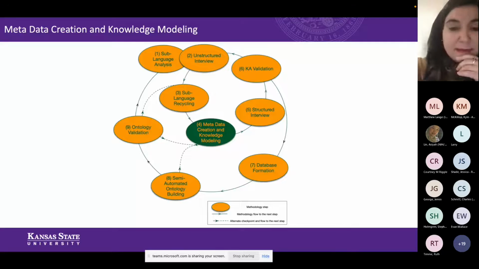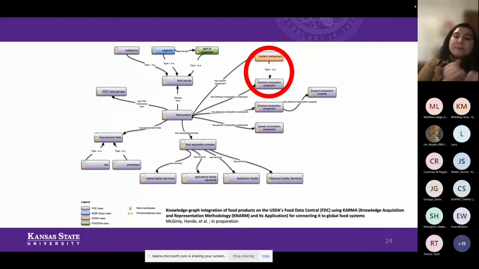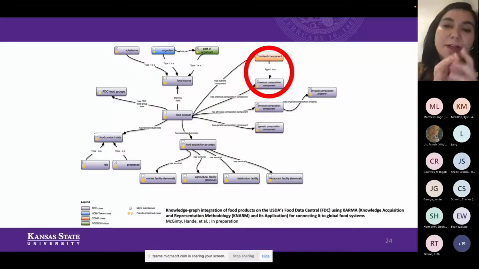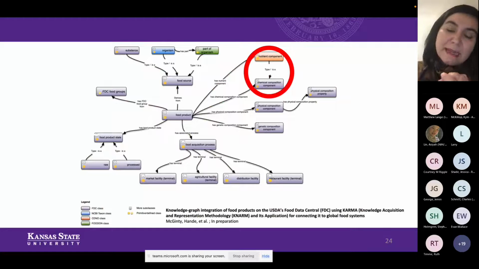So the next step then is to really do the knowledge modeling. This is work that we're trying to publish right now about how we can describe food product. It's slightly different than how FoodOn did, and it's a little bit more systematic in how the different components connect to one another.